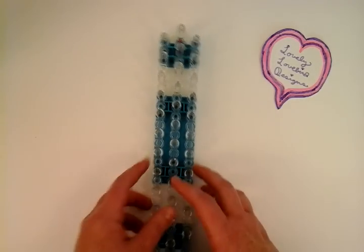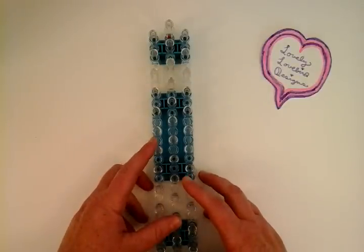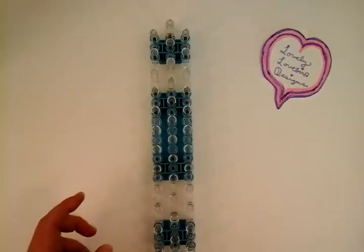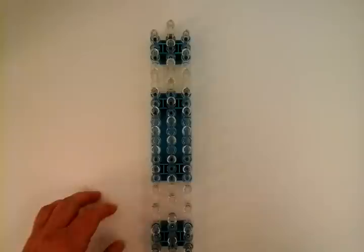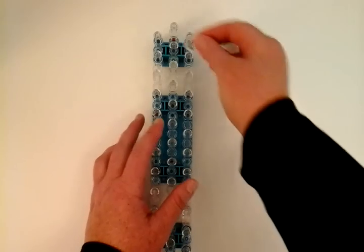You need a single loom, you need black and white, and they also come in a caramel color or brown, so you can substitute black for the brown. And we're going to start with the head first. Okay, we're going to be using double bands. So first we'll do a double white